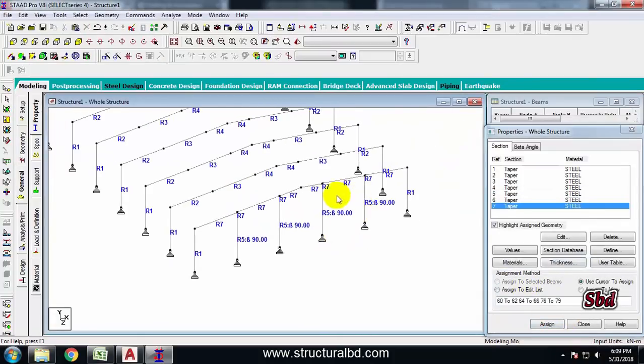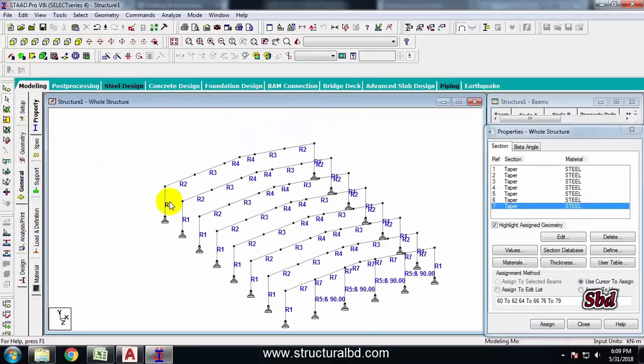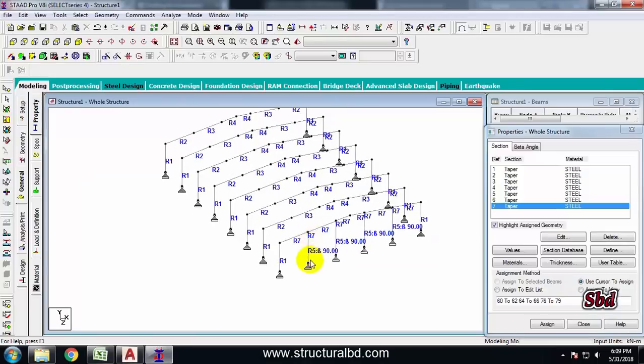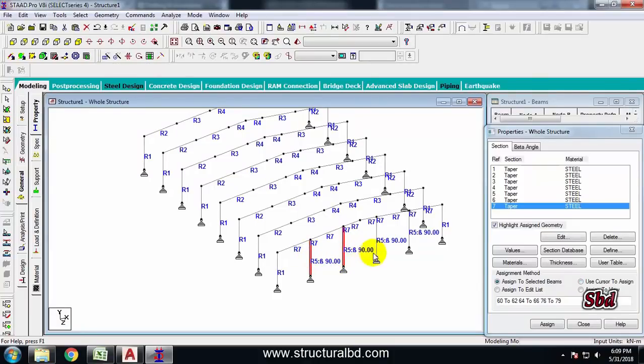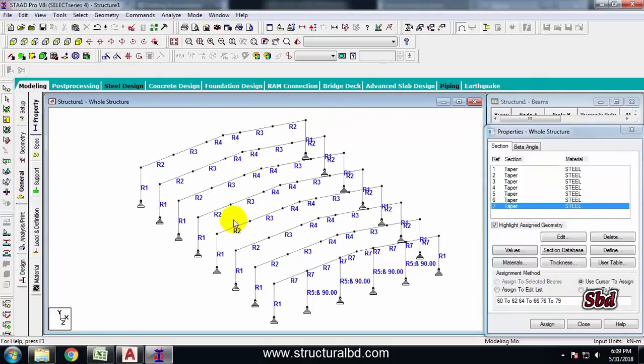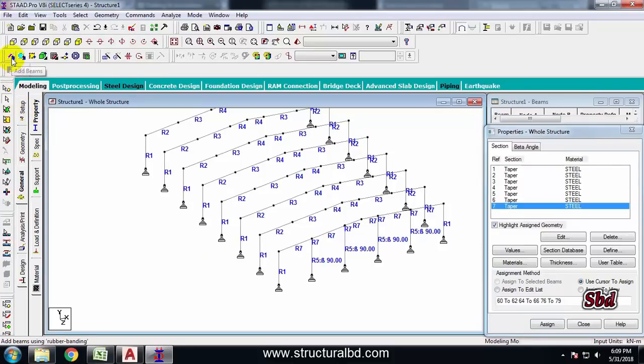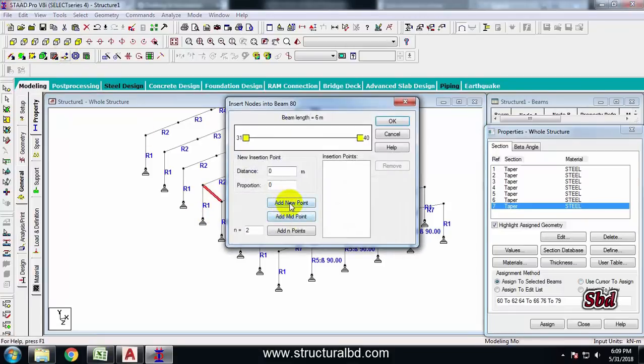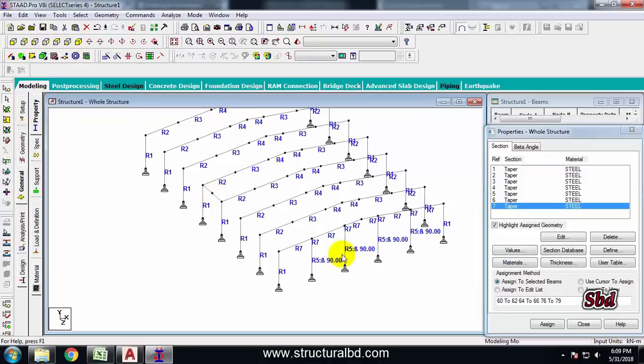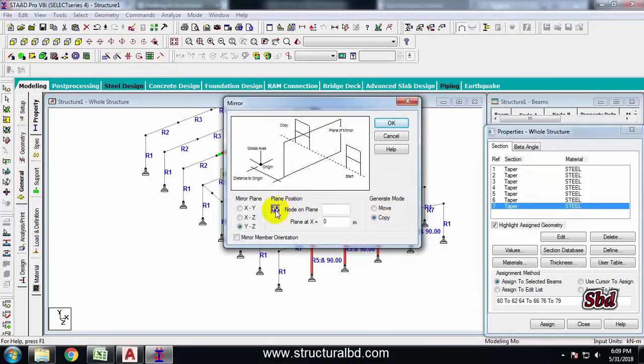Okay, now I have to copy all the arrangement from here to here. So if I want to use the mirror command, I can do that. To use the mirror command, you have to make a temporary beam here. Click add beam, draw from this point to this point, select this one, add midpoint, OK. So I have to mirror this along these nodes. So select this beam, select all these columns, click this generate mirror, click this icon, click this node, then I